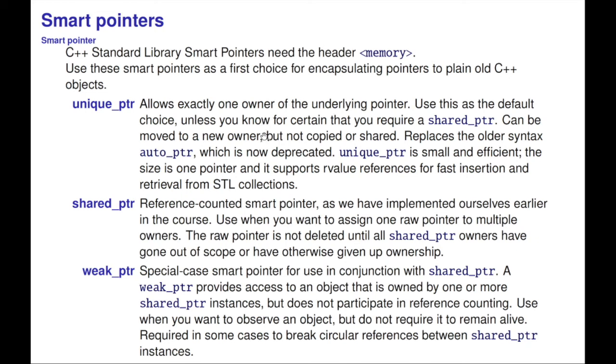It can be moved to a new owner, but can't be copied or shared. So that's the useful part of that. It replaces the older syntax auto pointer, which some of you may see in some code, which is now deprecated. Unique pointer is small and efficient. The size is 1 pointer and it supports R-value references for fast insertions and retrieval from STL collections. So it's a very useful,